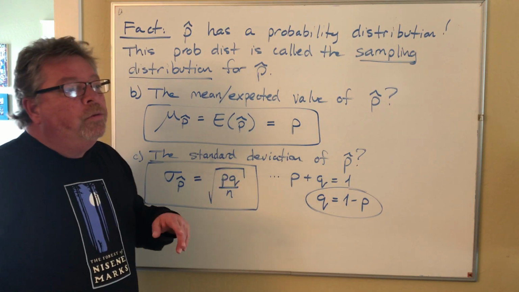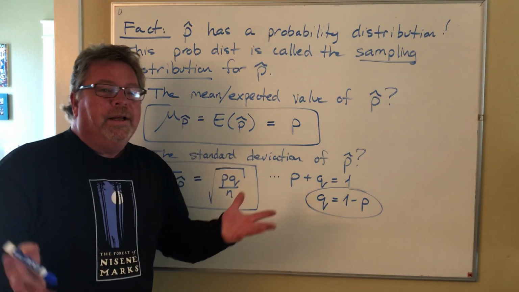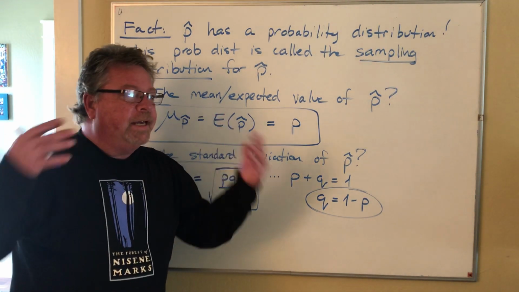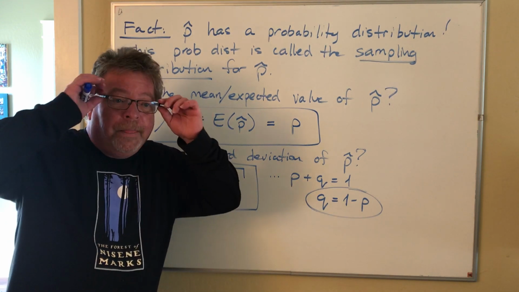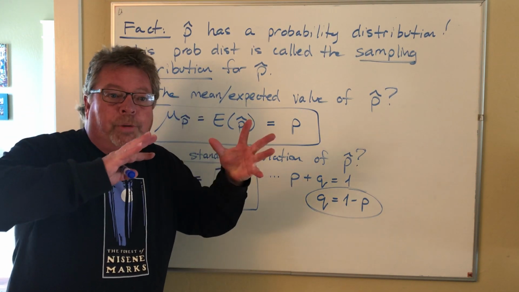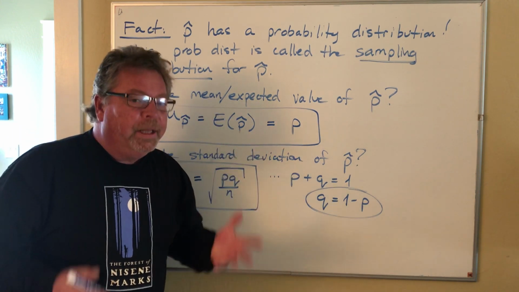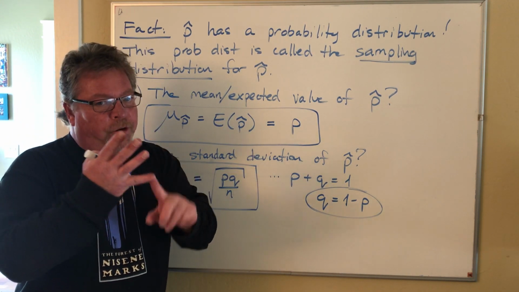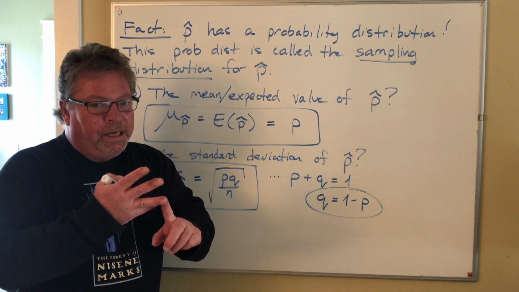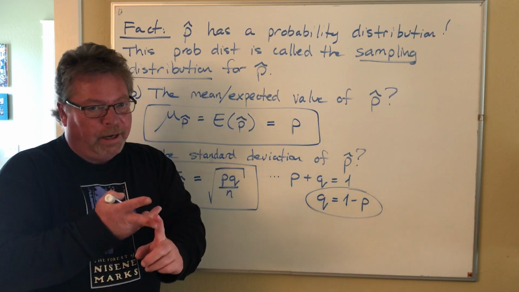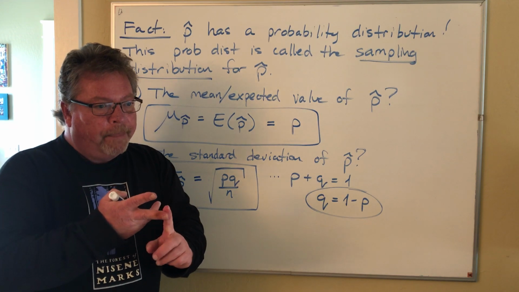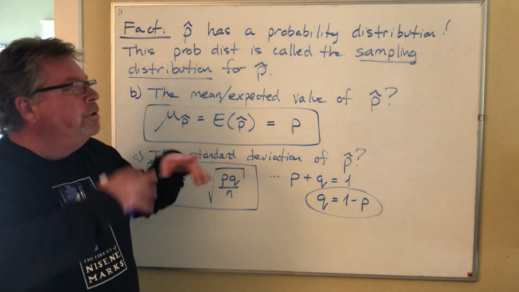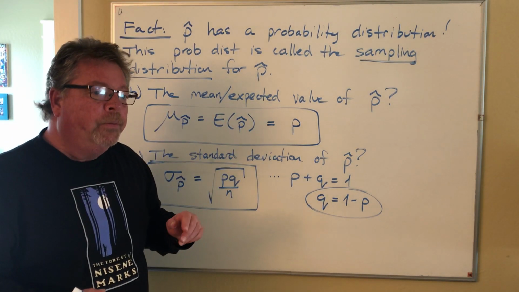Okay, so this is really cool because we now have all the ingredients that we need to go and take a good close look at the probability distribution for p hat, or this sampling distribution for p hat. We know under what circumstances it'll be normal, we know what the mean or expected value is, and we can calculate the standard deviation. So I want to go into some actual numbers, a specific example, but I'm going to